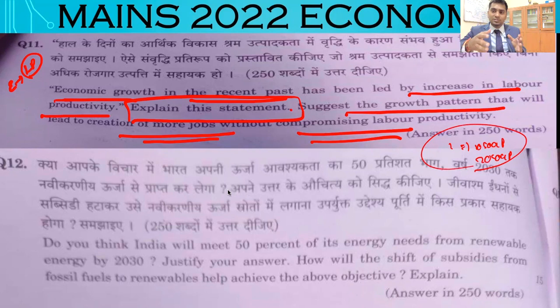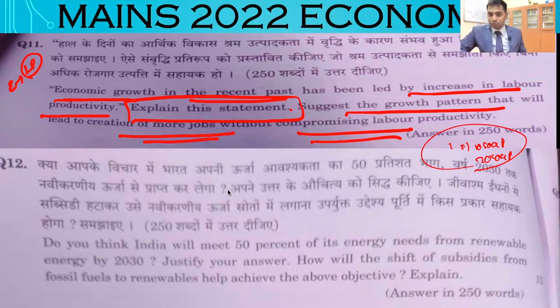So this is related to that context, and they asked this question. It is somewhat complex to explain this statement. Unless and until you know the subject, you cannot answer this. And speaking on the other line, every year they ask a question on growth, right? Growth parameters. So a question on growth is expected, but this type of question is unexpected, right?